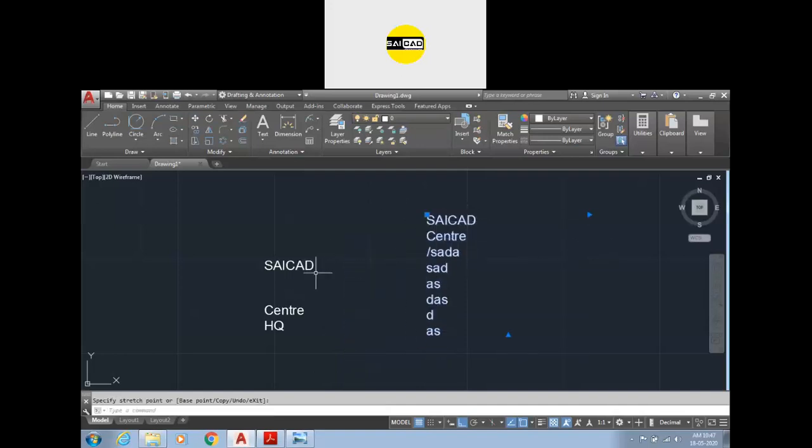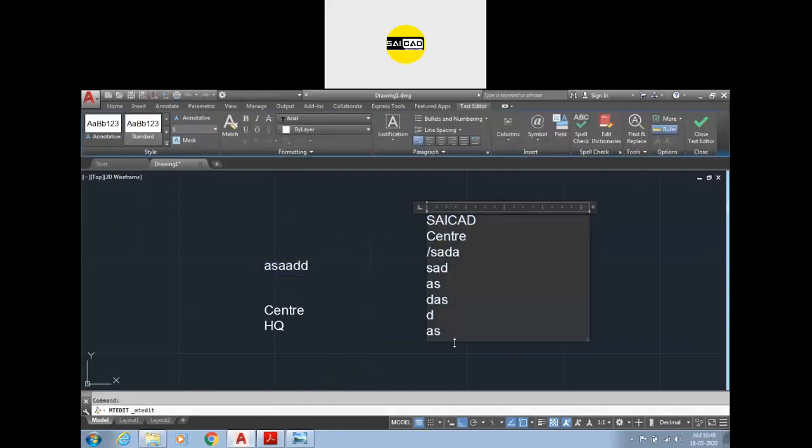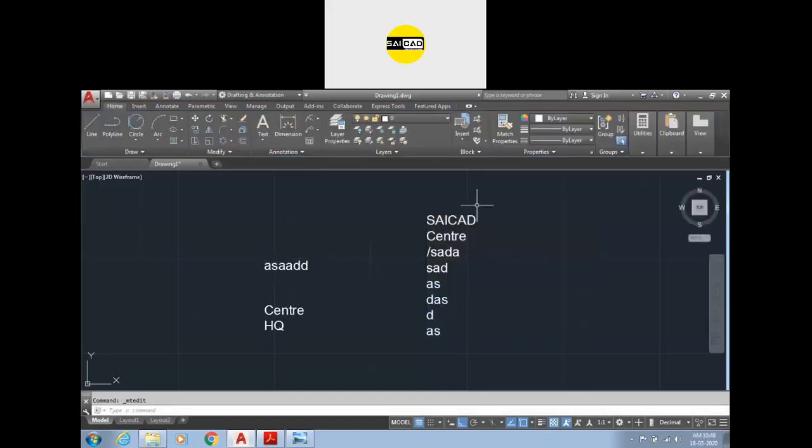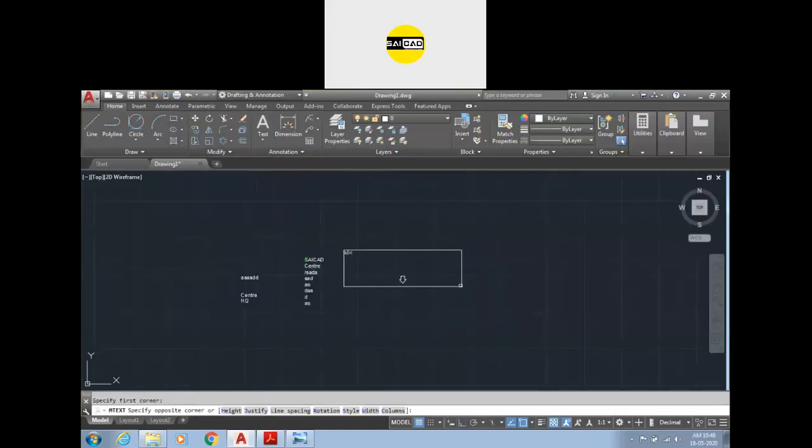If you want to edit this text, you cannot edit it properly because we don't have any font type here or text editor. But here we can just click, we can change the font, we can apply every property from here. So this is the difference between single line and multi-line text. In most cases, just press T for multi-line text and create a box like that.